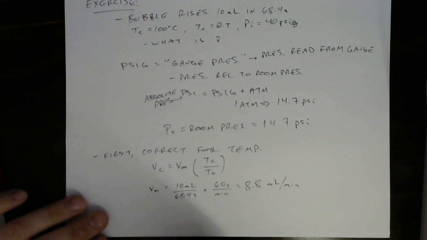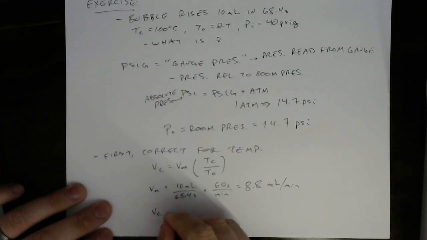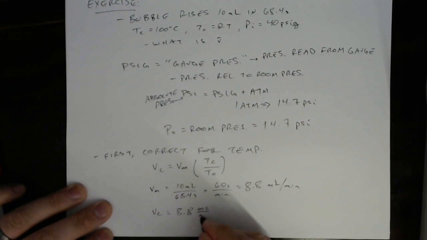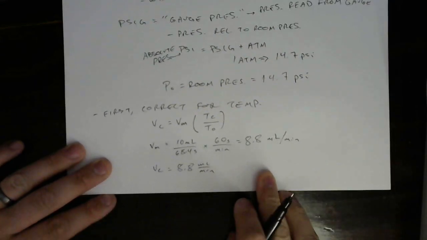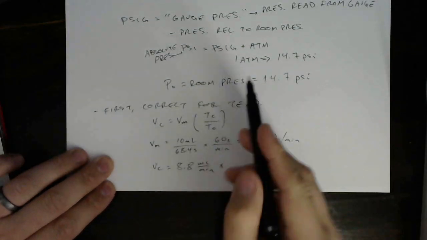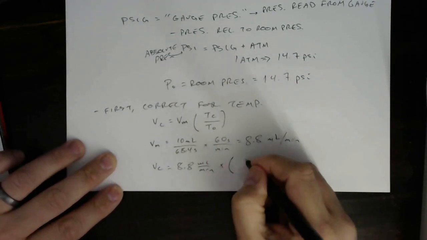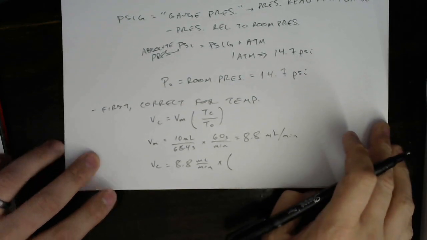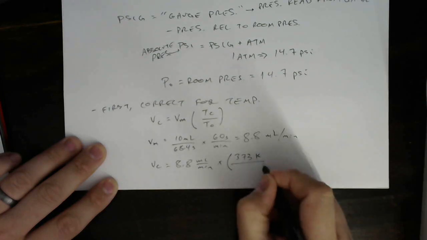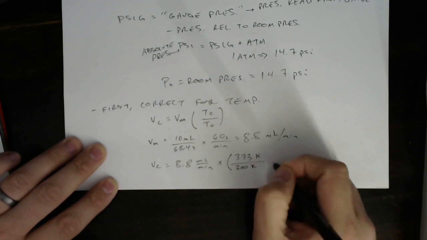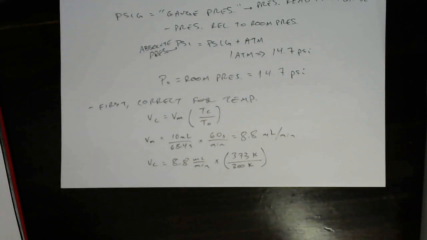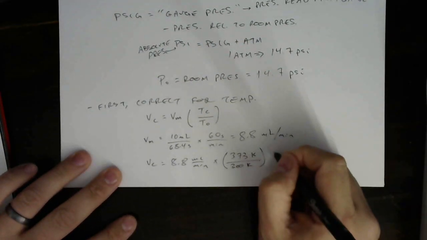The V on the column is equal to that 8.8 mils per minute times our temperature correction factor here. So 100 degrees Celsius is going to be, if I remember Gen Chem correctly, 373 Kelvin. Let's give room temperature as 300 Kelvin. That's a pretty warm room, like 80 degrees Fahrenheit. But you know what? Let's say the air conditioning stopped working. If that's the case, then that gives us